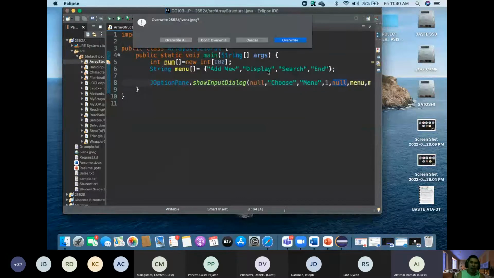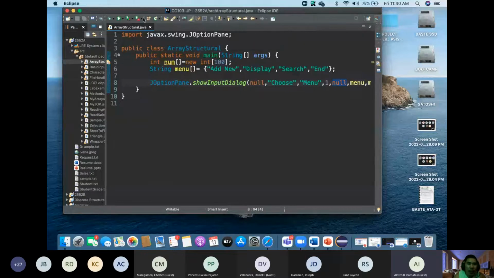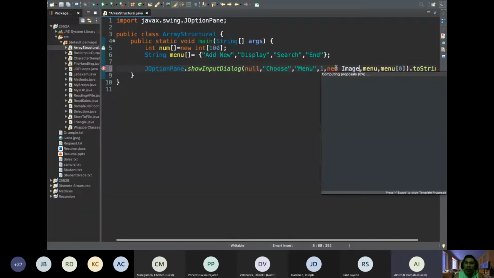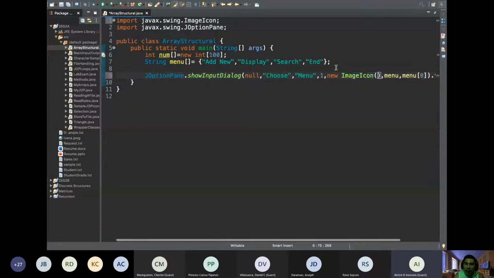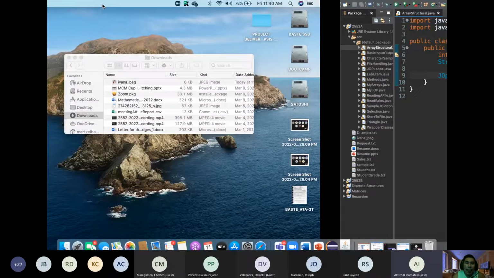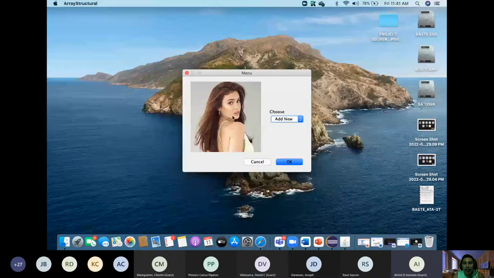So copy files. So we're going to put here a new image icon, Ivana.jpg, JPEG. So, of course, this is something that is not related to what we will do, but yeah, that's what you can do